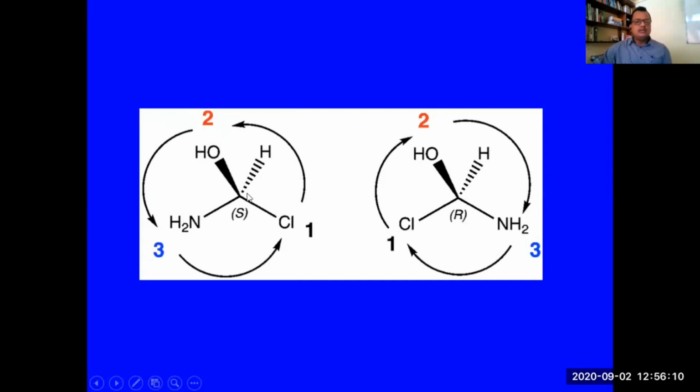So here's one molecule. Here you can see this is the stereocenter, and it is attached to hydrogen, OH, NH2, and Cl. So out of this, Cl has the highest atomic number, so priority 1. After Cl, O has the highest atomic number, so OH has priority 2. Then NH2 has the third highest atomic number, so it has priority 3. And hydrogen is behind the plane, and the sequence 1 to 2, 2 to 3 is anti-clockwise, so it is S. And here the sequence 1 to 2, 2 to 3 is clockwise, so it is R.